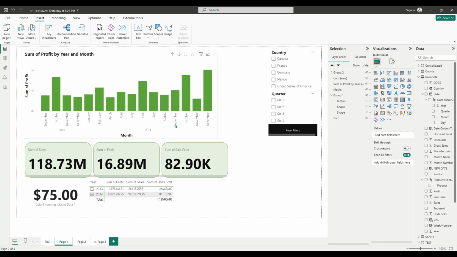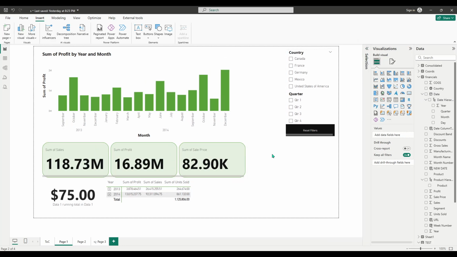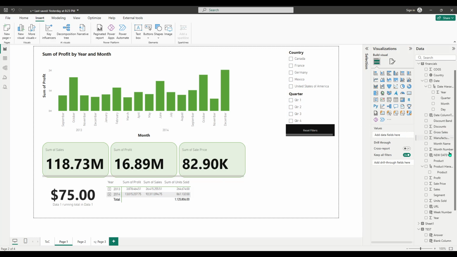In today's video, I'm going to teach you how to create data hierarchy in Power BI. If you've ever wanted smoother drill downs in your visuals, like moving from country to state to city, hierarchies are the key. They help Power BI understand the logical order of your data so your charts and tables can expand